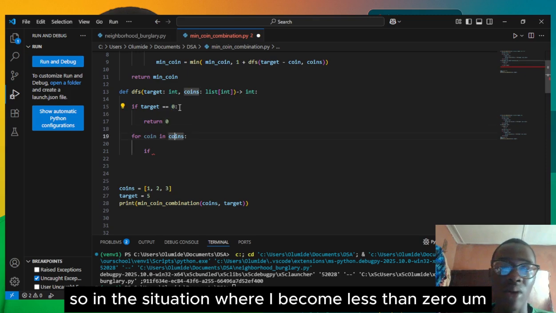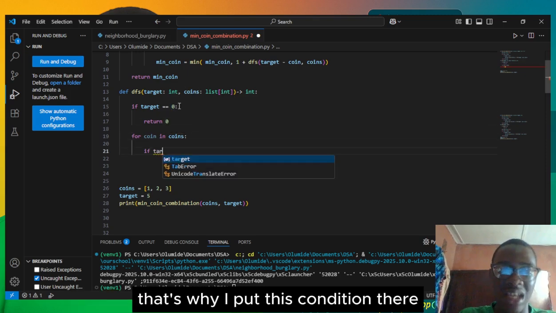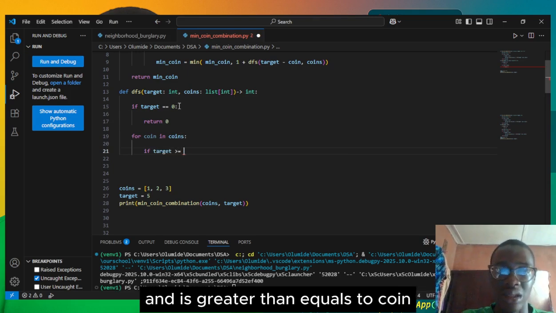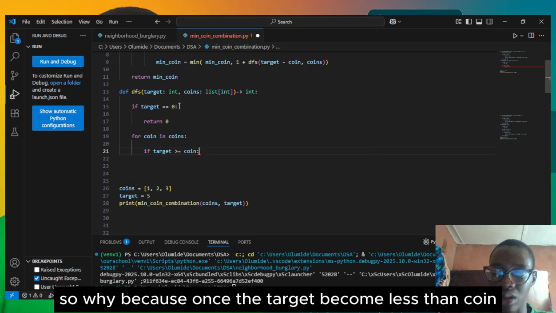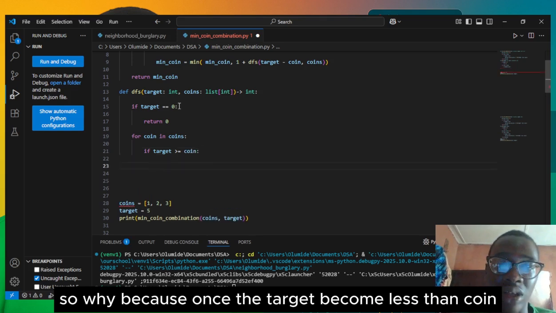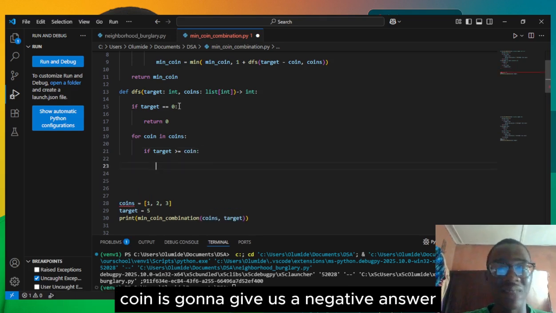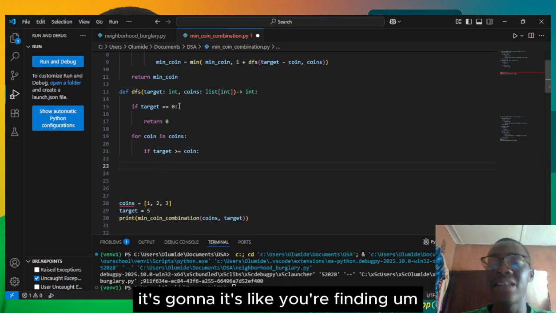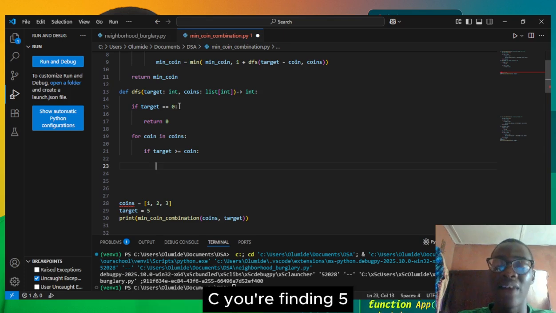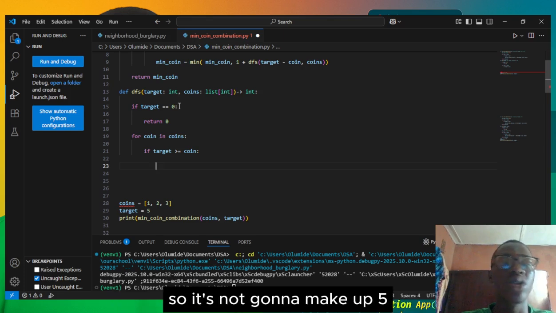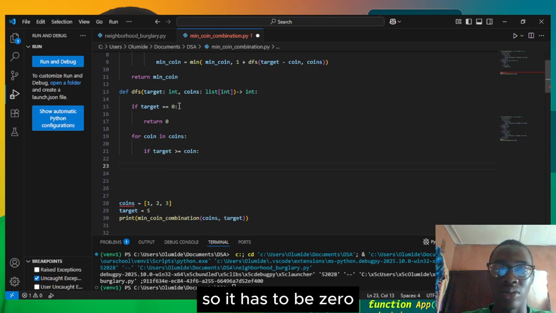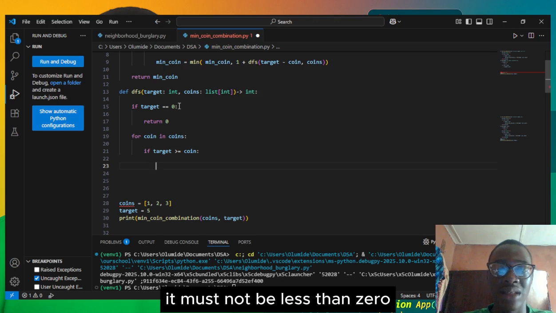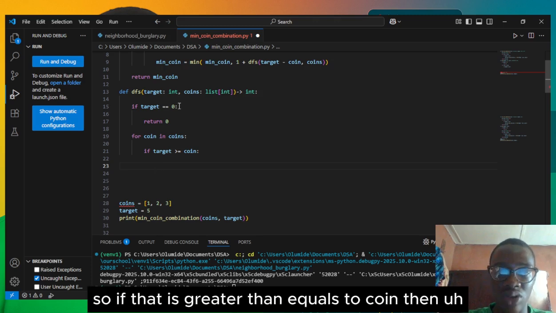So in a situation where it becomes less than 0, we are not going to do anything. That's why I put this condition there, that if target is greater than or equal to coin. Why? Because once the target becomes less than coin, then target minus coin is going to give us a negative answer. It's like you are finding 5 and you are given coin values of 2 and 4, so it's not going to make up 5. So it has to be 0. It must not be less than 0. So if target is greater than or equal to coin, then